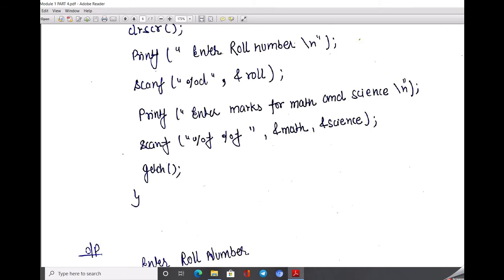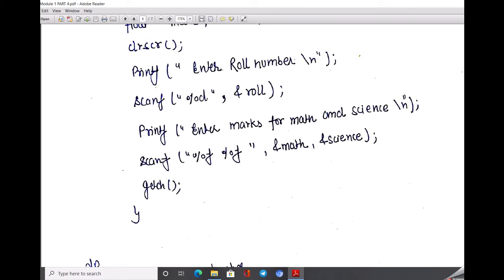So to clear the output screen, we want to erase everything we did before. To clear that screen, we use CLR SCR. CLR stands for clear, SCR stands for screen. So the clear screen function is CLR SCR. You must write it in this format, in lower case only, and then the semicolon gives the order to the compiler to change the line. Okay, then let's change the line.